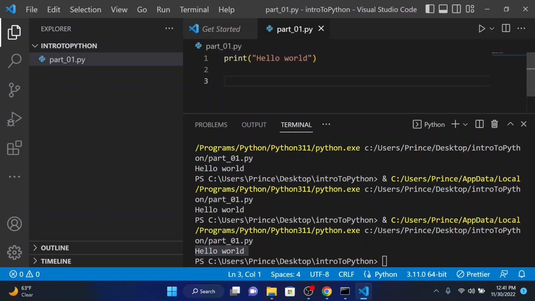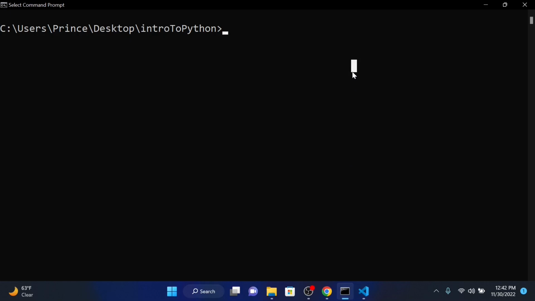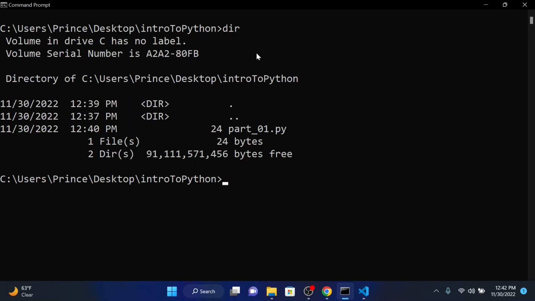Another way you can run your Python file is by using the terminal or CMD. If you're on a Macbook or Linux, we call it the terminal. If you're on Windows, we call it CMD. To run the code in here, I'm just going to do a dir. If you're on a Macbook or a Linux machine, that's called ls, but on Windows it's just dir.